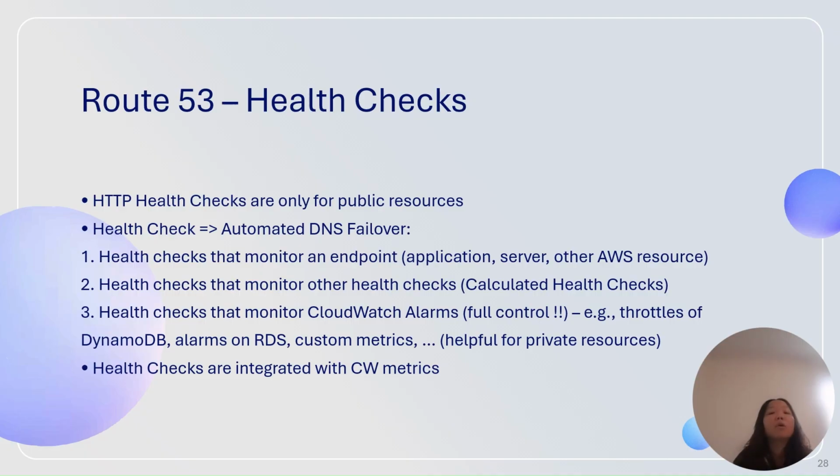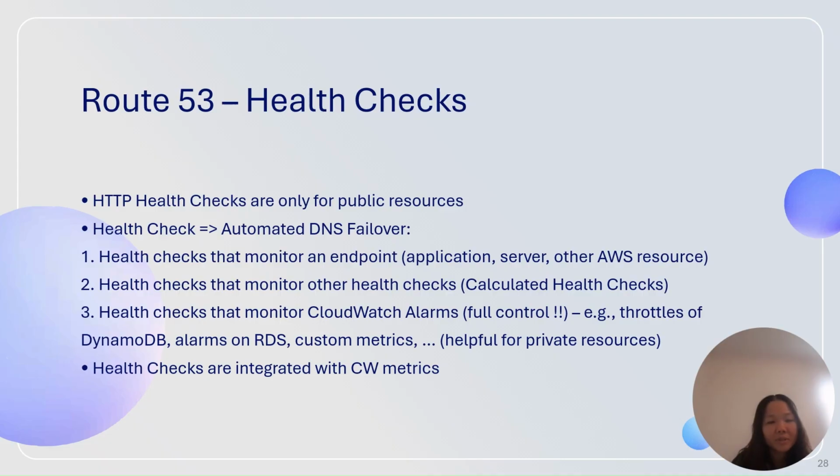Let's have a look at health checks. HTTP health checks are only for public resources. Health checks enable automated DNS failover. First, health checks that monitor an endpoint like an application server or an AWS resource. Second, health checks that monitor other health checks, like calculated health checks. Third, health checks that monitor CloudWatch alarms, for full control,